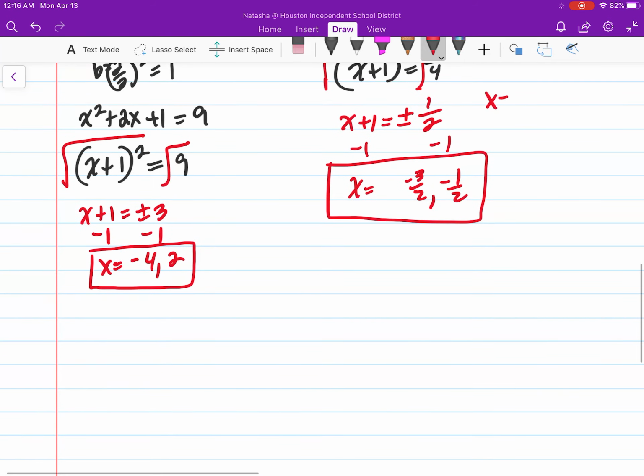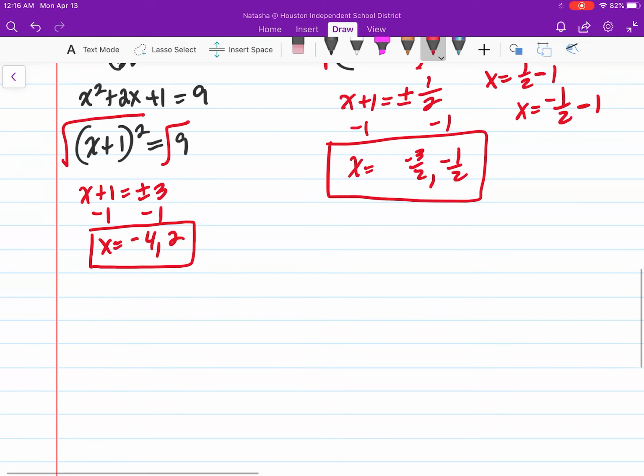You can write it with the squigglies or without. I sometimes put the squiggly and I forget. All right. Just to remind you, it's going to be x is equal to positive 1/2